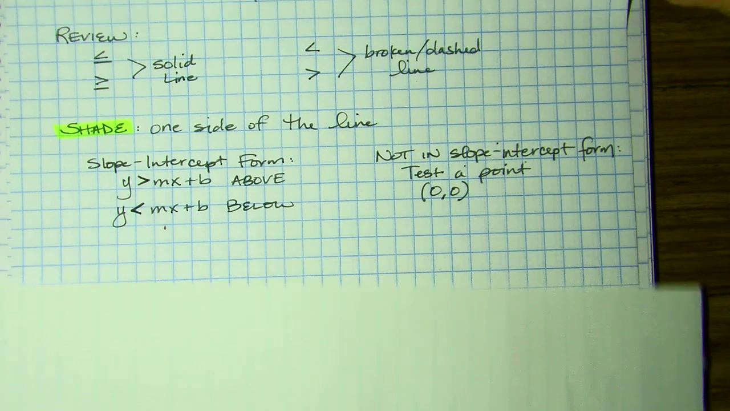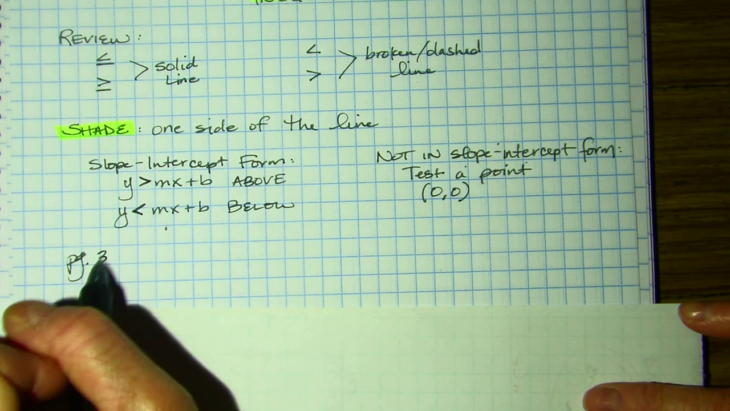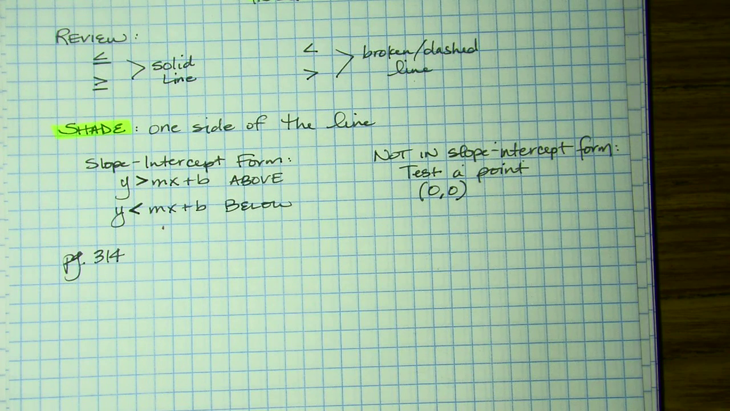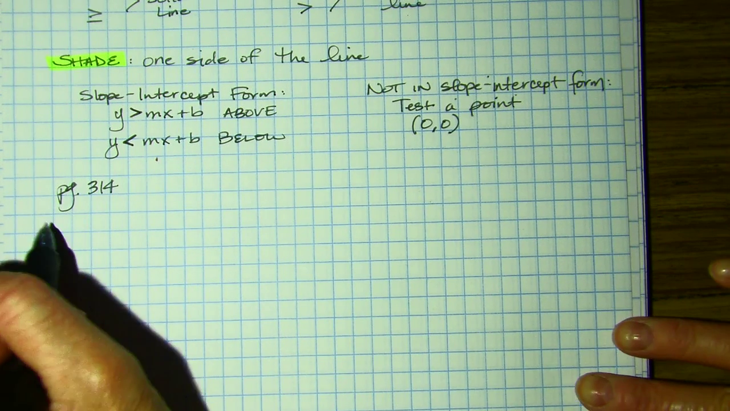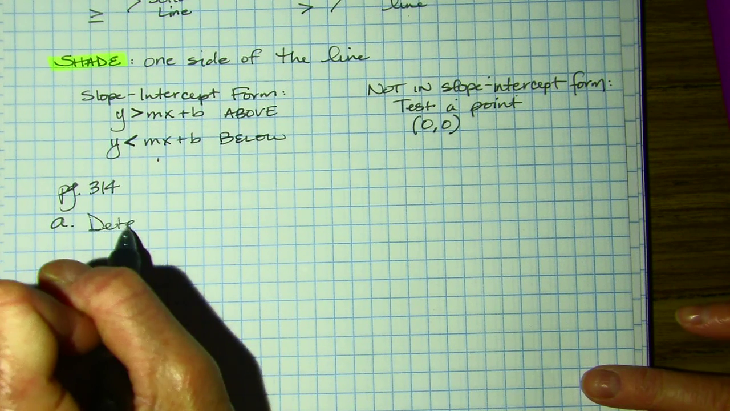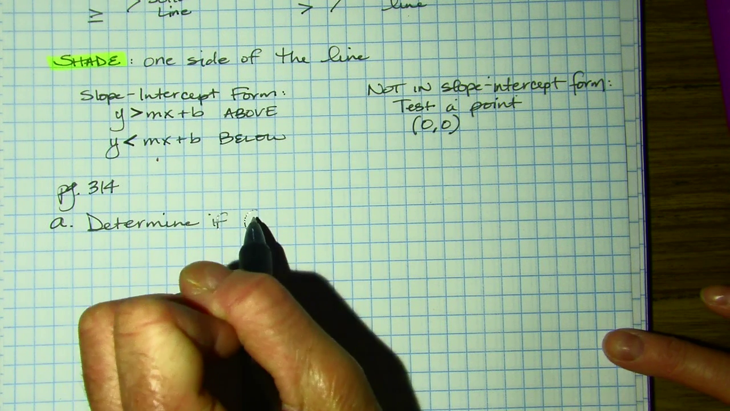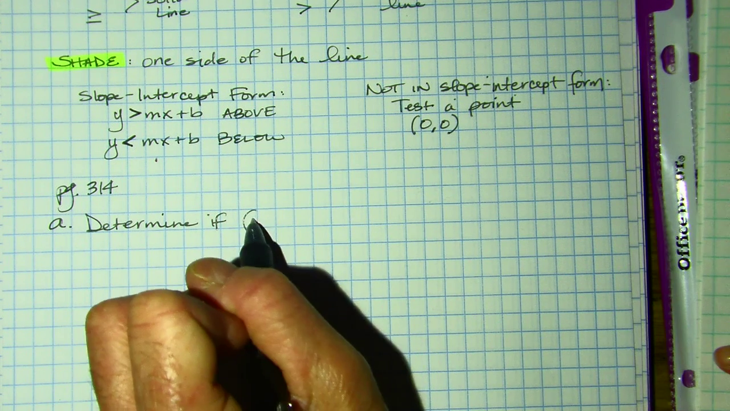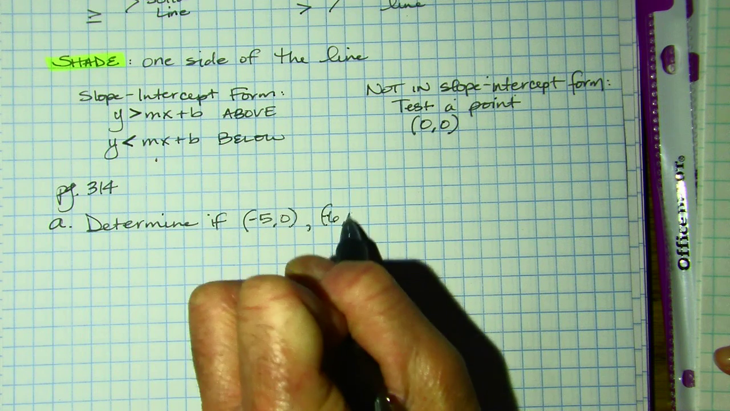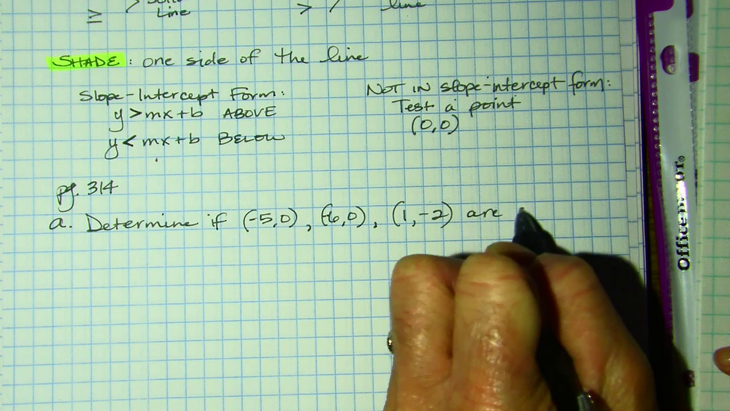So we're going to jump right into our lesson practice, which is on page 314. I can't believe we're that far in the book already. And we're going to go over all the parts of this section. So let's jump into part A. It wants us to determine if negative 5, 0; negative 6, 0; and 1, negative 2 are solutions